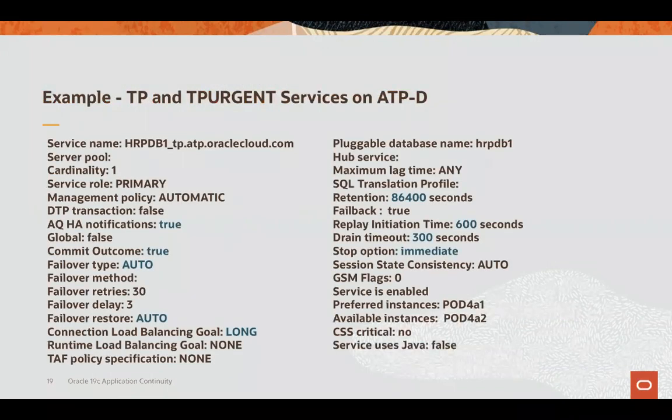This is an example of the configuration on our own services in the cloud, in Oracle Cloud Infrastructure, on the Autonomous Transaction Processing Database, on the ATPD environments. So you can see here, we have the failover, which is automatic, because in this case we are using Transparent Application Continuity, the TAC, and the failover restore is also automatic. And we have the failover retries 30, failover delay 3, and you can see also some of the other parameters